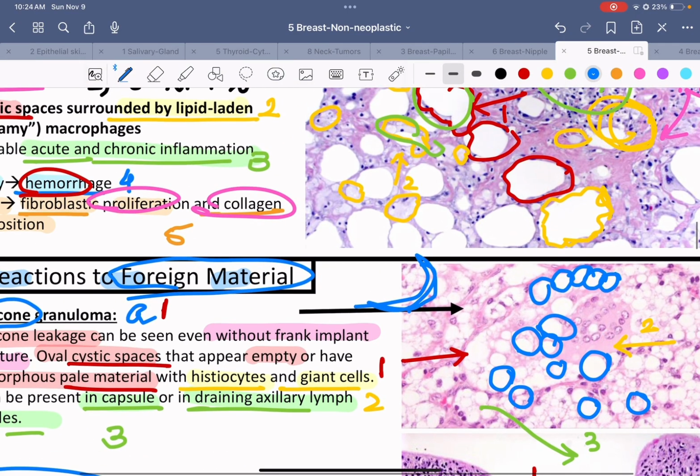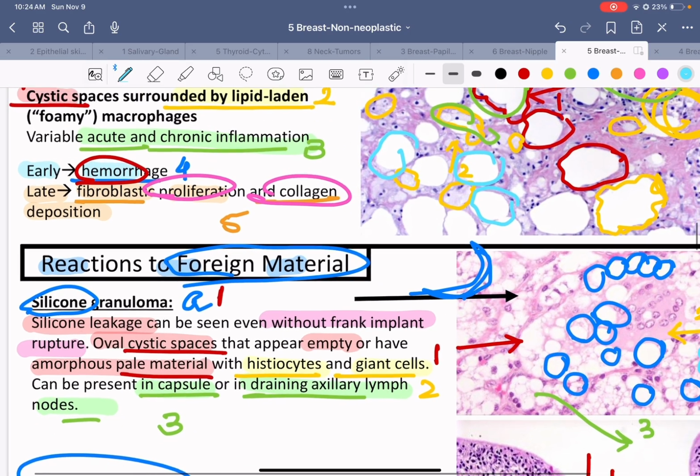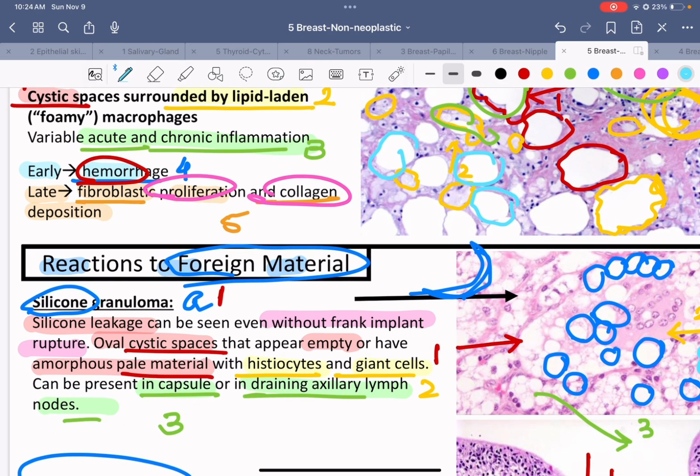Compare these soap bubbles to the irregular, jagged-bordered fat cells, right? That was fat necrosis, and these beautifully rounded soap bubbles are the silicone granuloma, basically the silicone that has leached into the tissue. Now instead of being surrounded by the lipid-laden macrophages present in fat necrosis, here we have foreign body giant cells along with macrophages because it's silicone that is leaching and not fat, right? So the first thing is that we found silicone leakage.